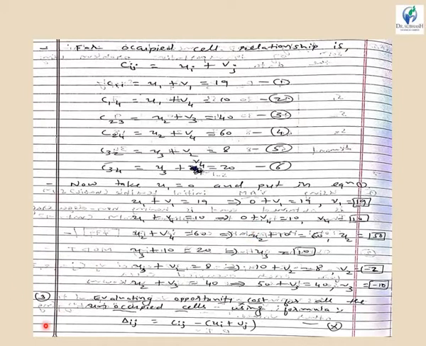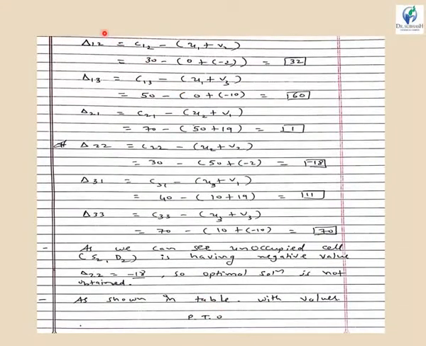Now moving to the third step, evaluating the opportunity cost or net change of cost for all the unoccupied cells using the formula. We are calculating the opportunity cost for all the unoccupied cells that we can find from the main table. For that, the relationship is delta ij is equal to Cij minus in brackets Ui plus Vj. Give this the name equation X. Moving to our next slide, these are the unoccupied cells.